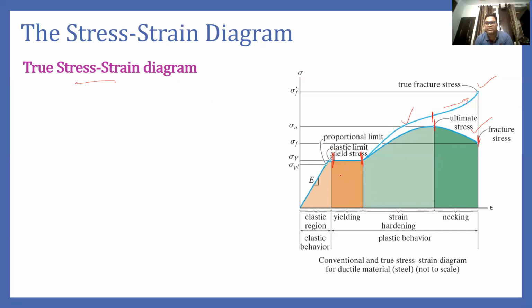So the initial cross-sectional area is constant, and that is why the stress at various points is increasing or decreasing. At this point it is increased, and if we further apply the load, it is decreasing. So that is why this curve is shown downward, but actually it should be upward. So sometimes we express our stress strain curve by drawing the true stress strain diagram,